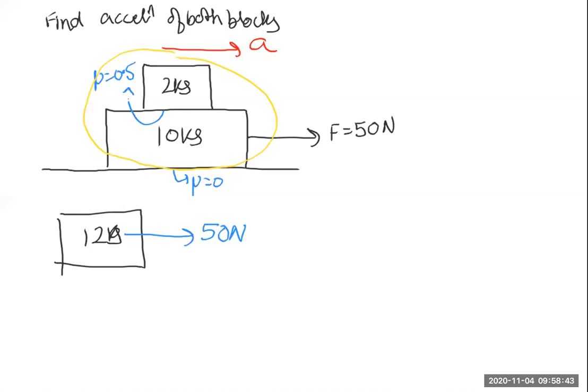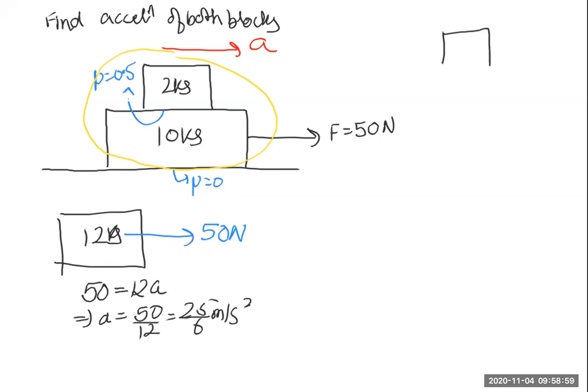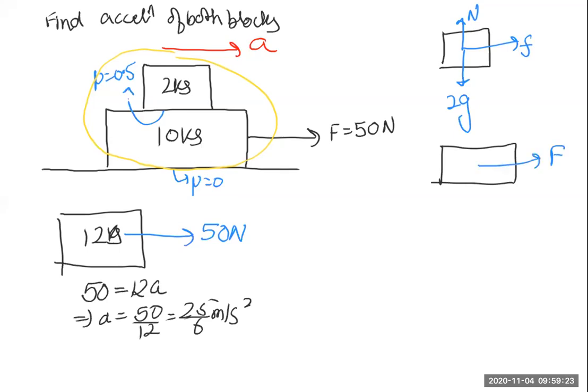Now, if I were to draw the individual FBDs, then I would get for the 2 kg block 2G and F, and for the 10 kg block I would get capital F, F, 10G, N, and